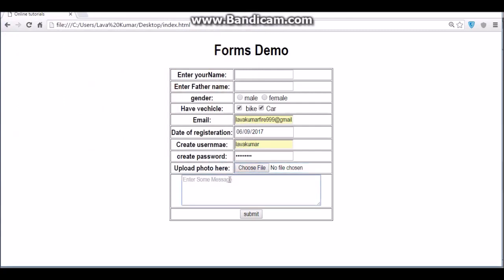Okay, and the next one is some text here. See, this is the hint for the textarea. If you click on that and type "hi, hello", see, it automatically disappears. When we remove it, it automatically appears again. So this is the importance of placeholder. If you want to write "enter your name", "enter father name", all this stuff, you can simply give placeholder equals to enter your name, and that will appear here.